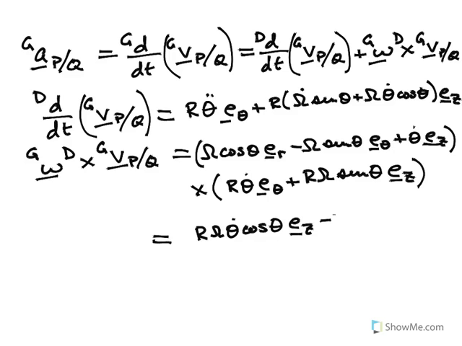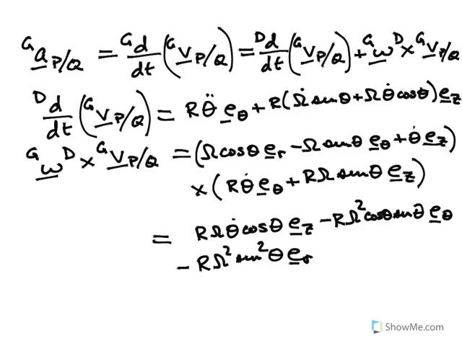ER crossed with Ez is minus r omega squared cosine theta sine theta E sub theta. E theta crossed with E theta is 0. E theta crossed with Ez is ER, so I get minus r omega squared sine squared theta ER, and then Ez crossed with E theta is minus r theta dot squared ER, which gives me